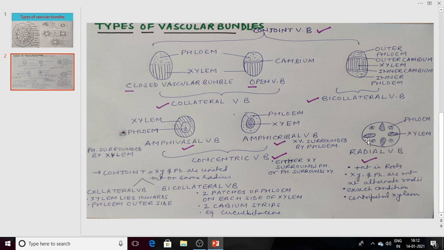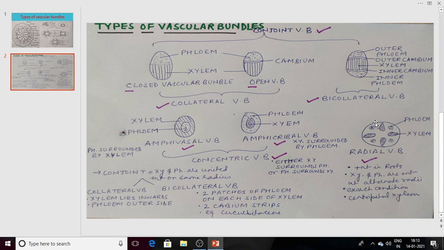In this case, you can see the phloem and the xylem. The phloem patches and xylem patches, or you can say the phloem tissue and xylem tissue, both are present on alternate radii. This is xylem, then this is phloem. This is xylem, this is phloem. So phloem is on different radii and xylem is on different radii. So this kind of arrangement is known as radial arrangement, or it is also known as the exarch condition or centripetal xylem. So this kind of condition is always present in roots.